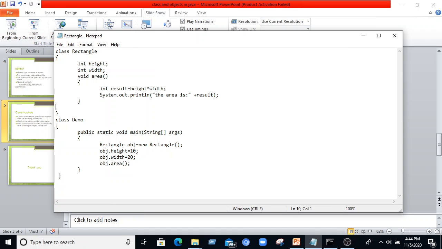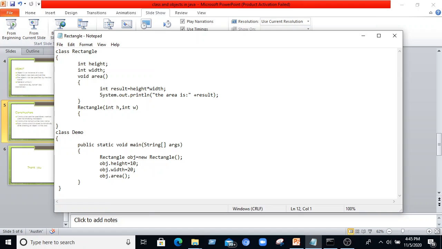Okay, let us consider Rectangle. This is the constructor. We are giving the constructor over here, and I am passing the parameters int h comma int w. Over here I am passing the height and width.